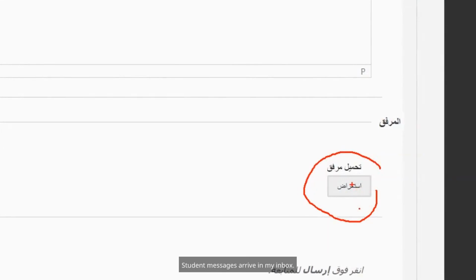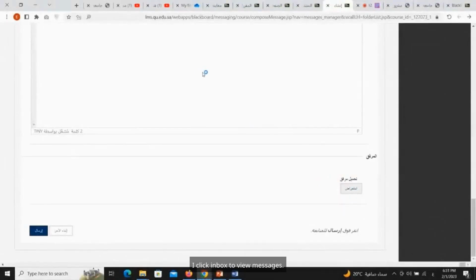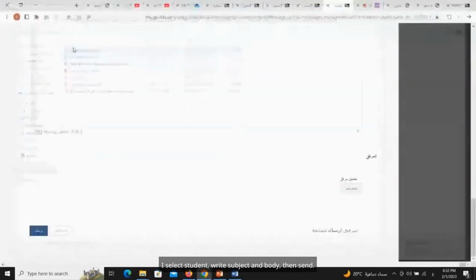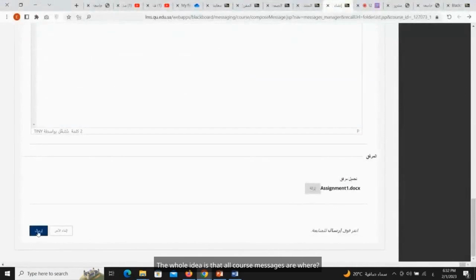Student messages arrive in my inbox. I click inbox to view messages. I can reply or start a new message. I select student, write subject and body, then send. The whole idea is that all course messages are where